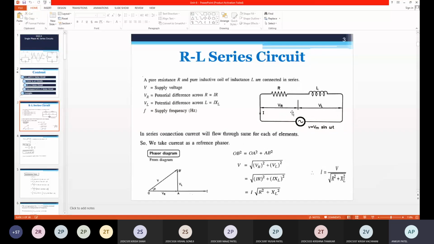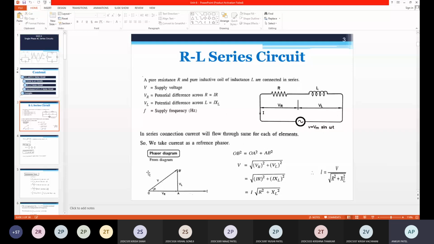Now here we need to plot the phasor diagram, as we have VR, VL, I and V. In the phasor diagram, the current is taken as the reference quantity because it remains the same. For a resistive circuit, we know VR is in phase with current, so VR is taken in the same line as current. For L, we know VL leads the current, so draw the line for VL leading the current by an angle of 90 degrees. Now join VR and VL; the phasor sum of VR and VL is V.